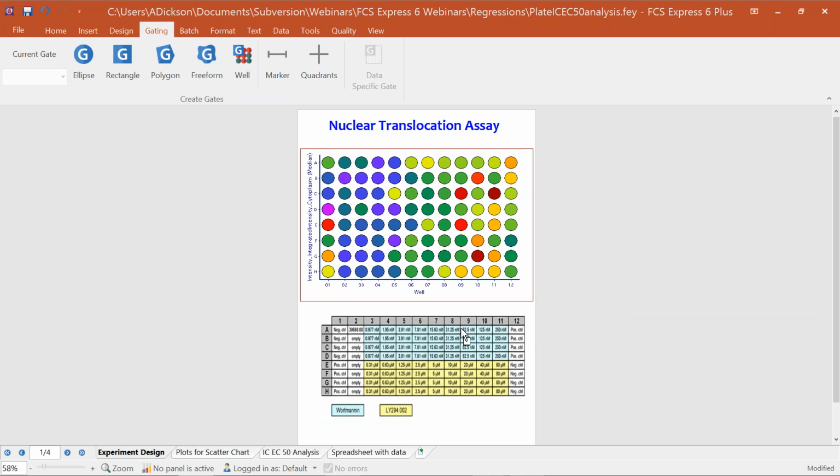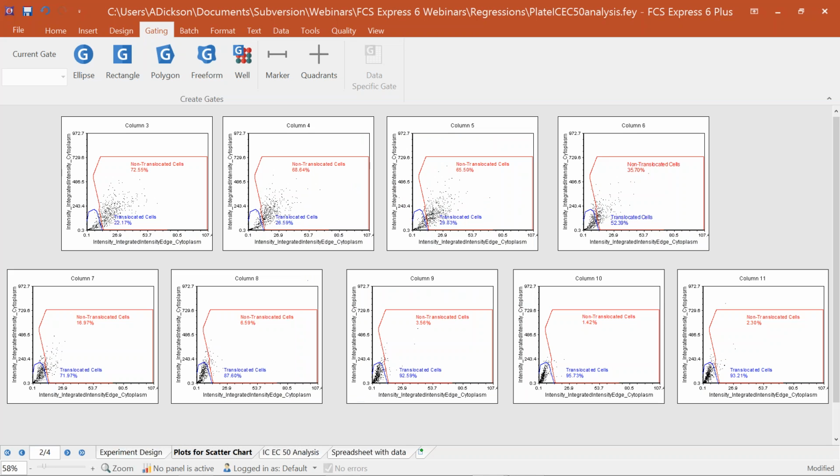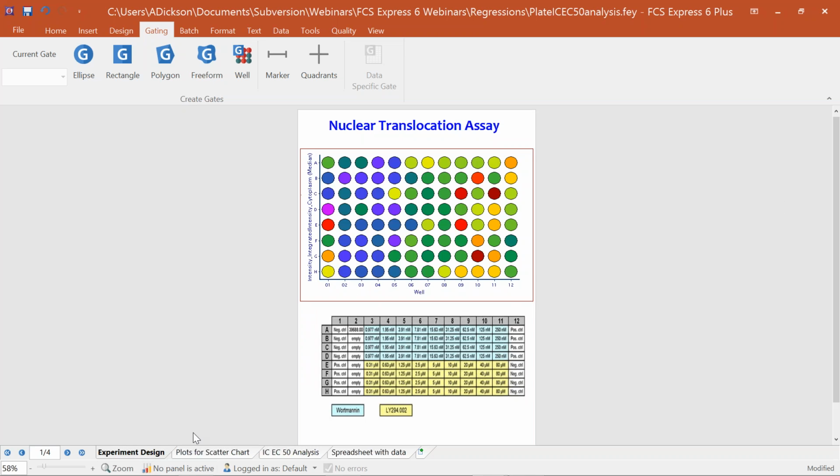So here we can see that there are 2 compounds. So in blue we have wortmannin, and then in yellow down here we have actually LY294.002. The outer columns are just our controls and empty wells, and then across left to right we have increasing concentrations. So if I go to my plots on the second tab or page, we can see each column, columns 3 through 11, are being displayed. And if I open up my gating strategy for you, you will see that these are all the wells in aggregate for